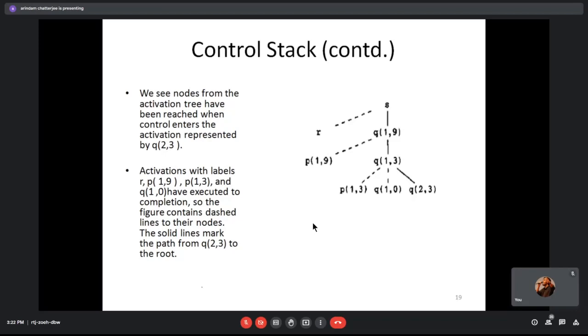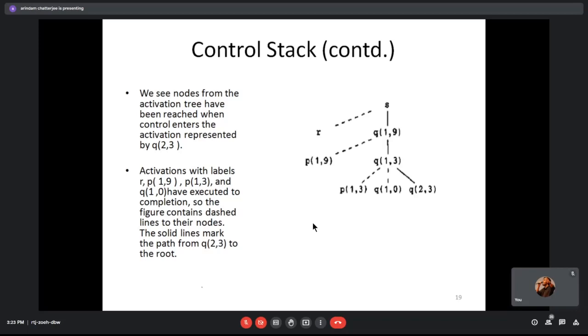So here you can see nodes from the activation tree that have been reached when control enters the activation Q2, 3. So you have start, then you call read, then you call Q1, 9, then you have the left branch P1, 9, which is exited. After that, it calls Q1, 3. Then it visits P1, 3. Then it goes to Q1, 0. Then it goes to Q2, 3.